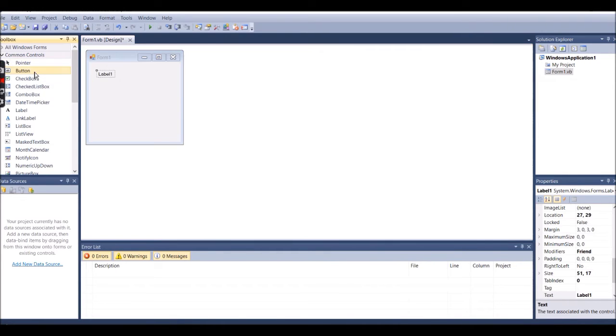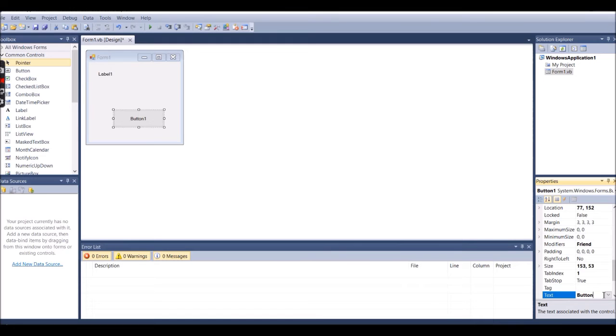After that, I will take a button, put it here, and go to the properties window. You have to write Display. Actually, I want to display one message. Now click here and it will show you Display.